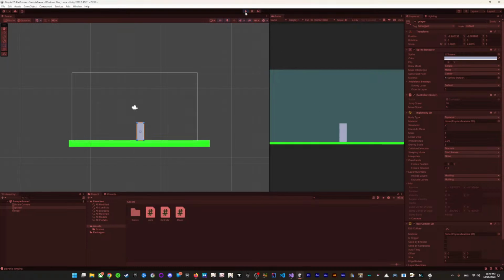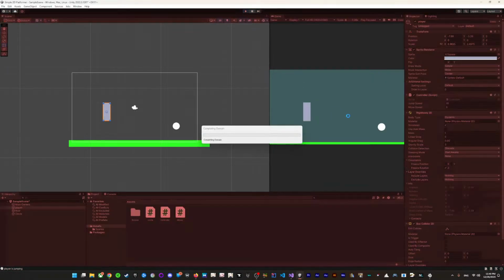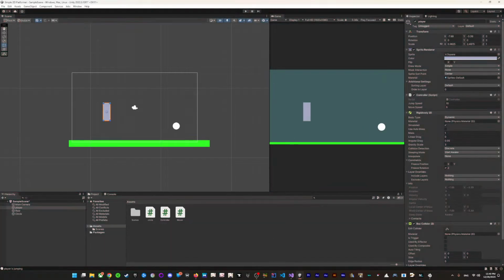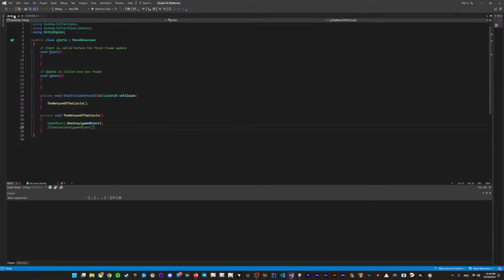I could just have it destroyed. I did this right here, the circle. I just did destroy game objects. This is what I tried. Instantiate game object. I thought it would destroy it, then instantiate it, but I think it did that at the same exact place. So